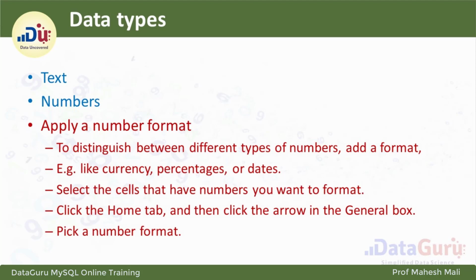Okay, after that, data types. For any data which is placed in a cell, we can have multiple data types. One is text and one is number. That is the prominent data sets. But this data can be shown in different ways, like percentage, like currency, like a date. So for applying such formats, we have something called data types in Excel.